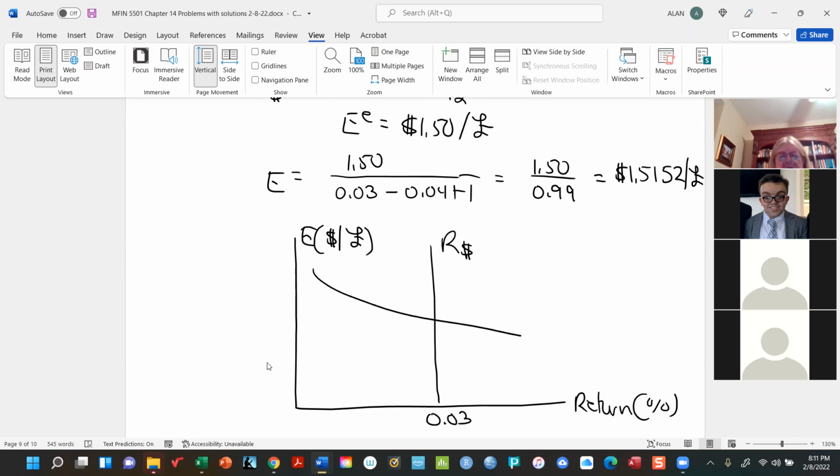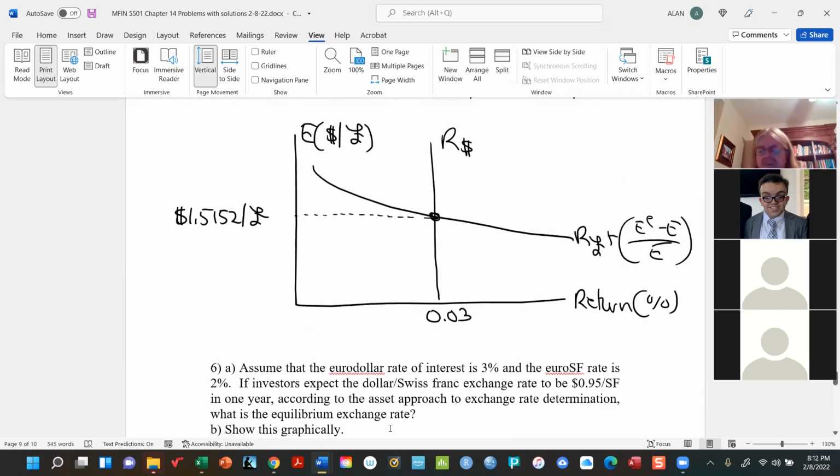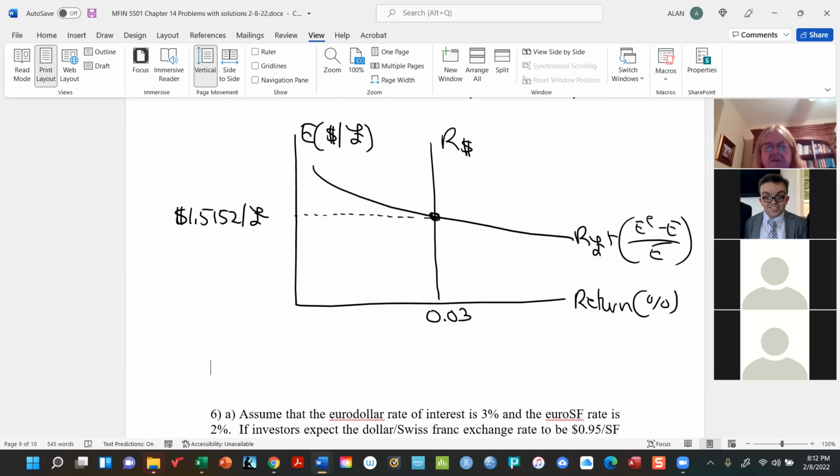The expected return of the foreign currency is here, and when they cross is, of course, the equilibrium exchange rate, which we just got through showing is $1.5152 per pound. Now, remember what equilibrium means. Just quickly review,